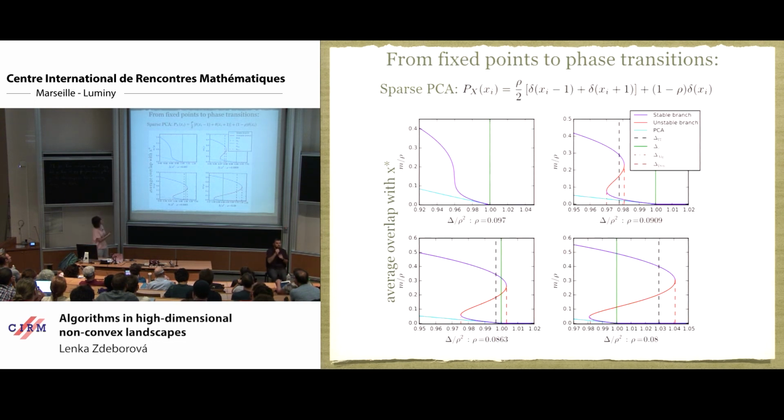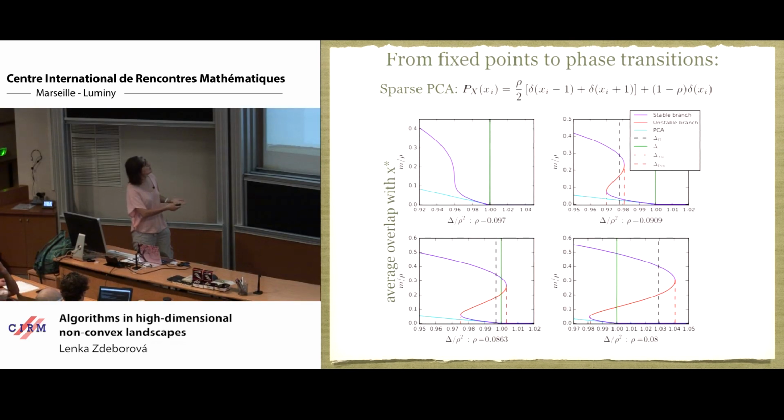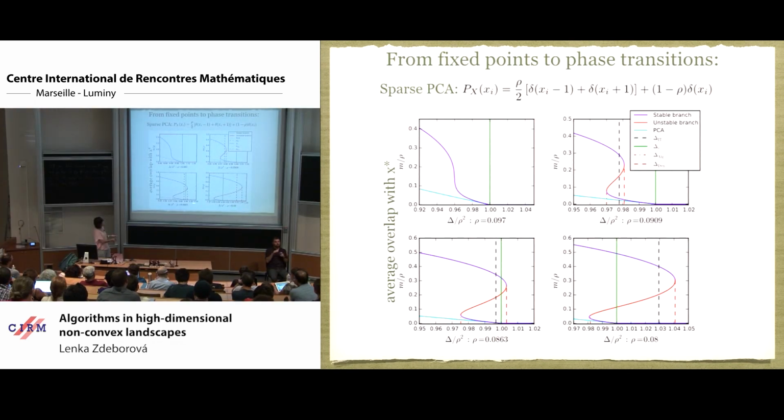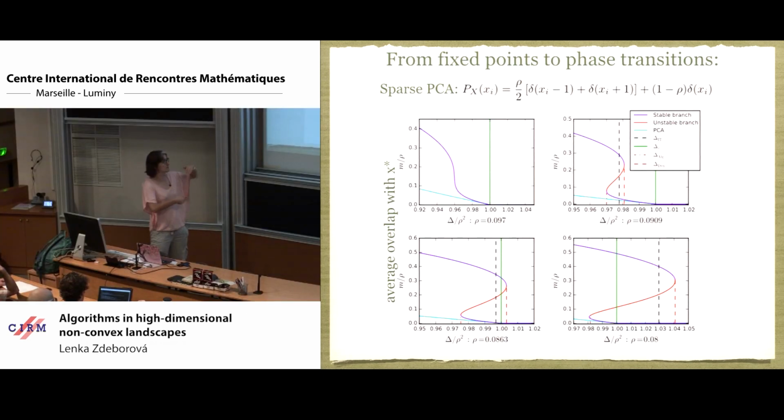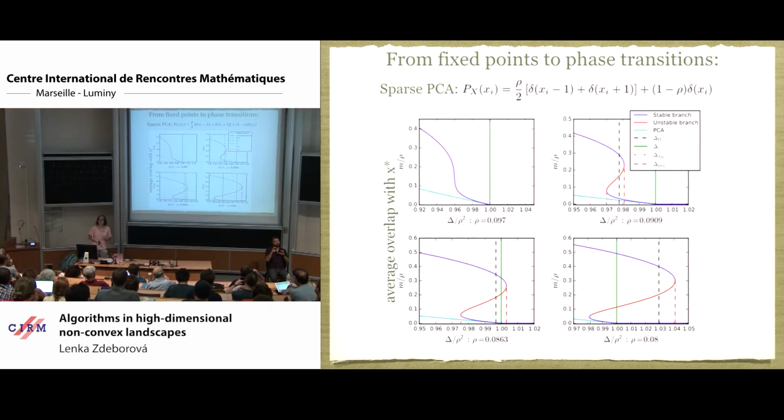So an interesting case here is what's called sparse PCA, sparse principal component analysis in statistics. That's a simple variant of our game, where in the deck I still have plus minus ones, but I also have many zeros. And the rho is here 9%, 8%, something like that. That's the fraction of non-zeros in the deck, okay? So most of the deck is zeros. And the graph here is showing us the fixed points, the local maxima or minima of this free entropy function. In the light blue, that's the performance of the PCA.